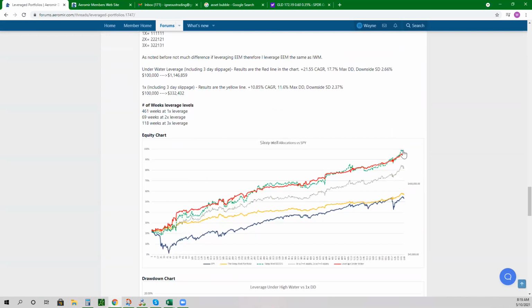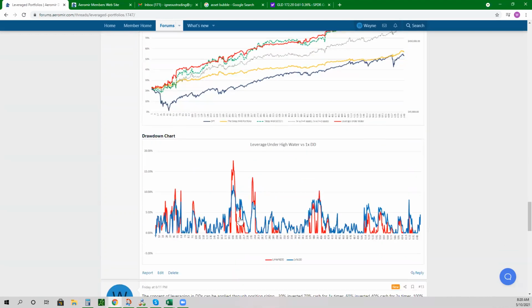Anyways, so you get pretty close to 3x returns, 21.55 CAGR, maximum drawdown about 17. But it's a really interesting drawdown chart right here. The red back here is the more active leveraging style when it's drawing down. And you can see for the most part, we actually under draw down the 1x variant. So this is not like the 3x to 3x. This is actually the 1x risk profile back here. The only time is just a couple of these we wick up just a little bit beyond.